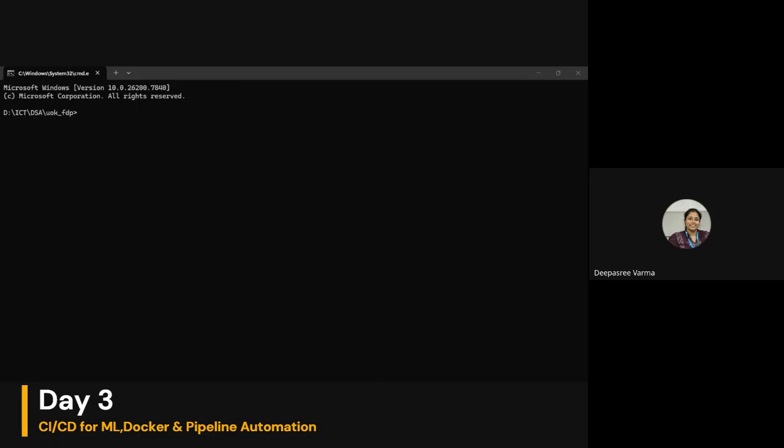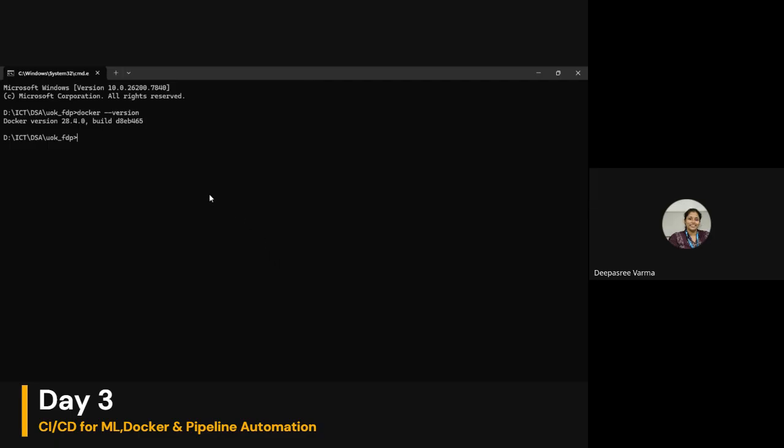If you have installed Docker successfully, you will be able to get this. Just type docker version. It should show this. That means your Docker has been installed successfully. The instruction to build the Docker image is given inside the notebook.